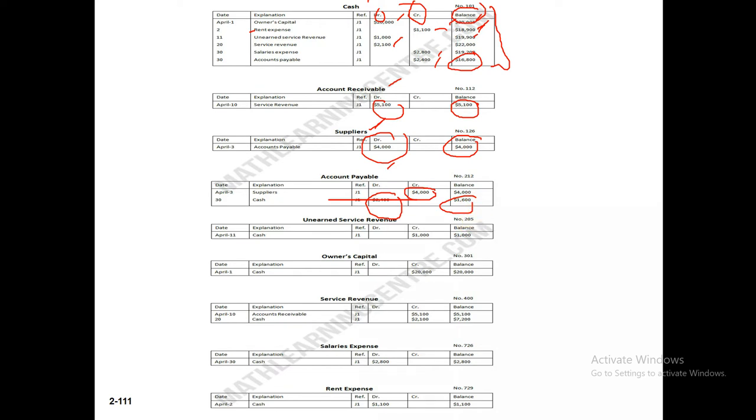Okay, so after this way we will finish all the accounts, that means our ledger. So after using this ledger balance, that means this is the closing balance of cash, accounts receivable, supplies, accounts payable, unearned service revenue, owner's capital, then service revenue, then salaries expense, and then rent expense. By using these figures, 1 2 3 4 5 6 7 8 9, we will prepare now the trial